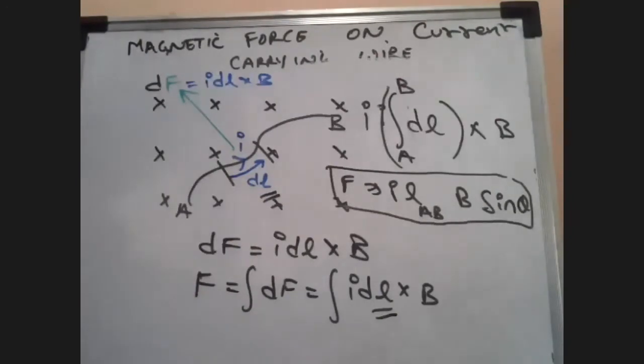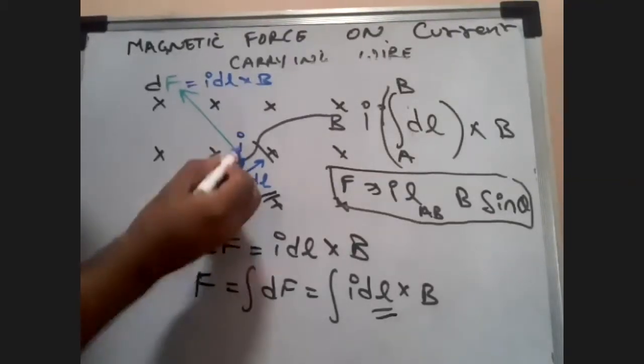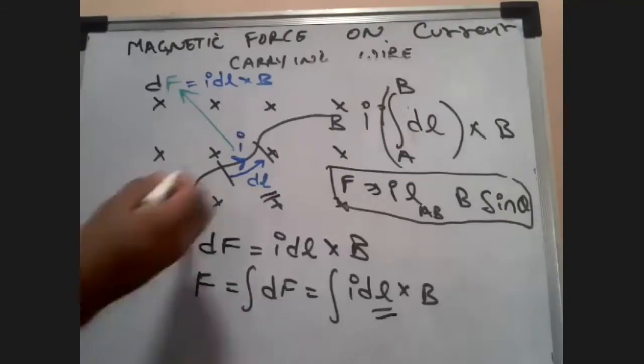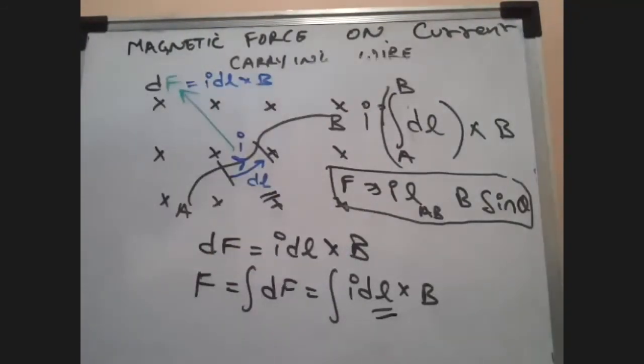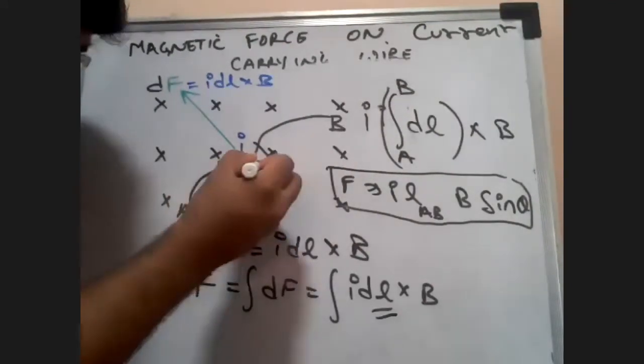There is a magnetic field. So the first thing that should come into your mind is you have to set the direction of the current. So I set the direction of the current, that is I. In case it is not given to you, you set it. If it is given to you, no problem. Then the second thing you need to do is you have to set the direction of the length vector dl over here. You can see this dl. You have to set that vector.